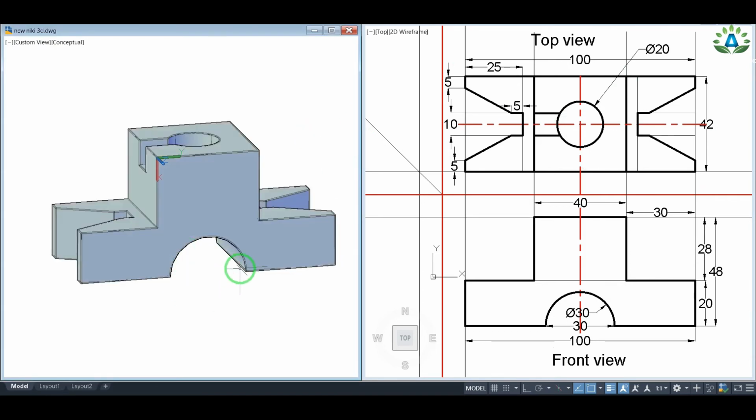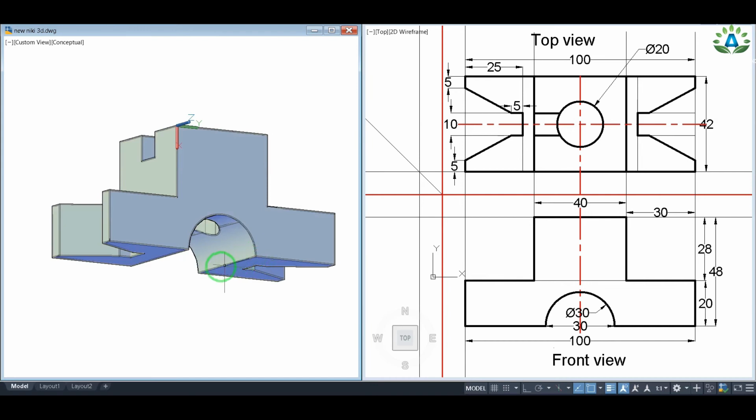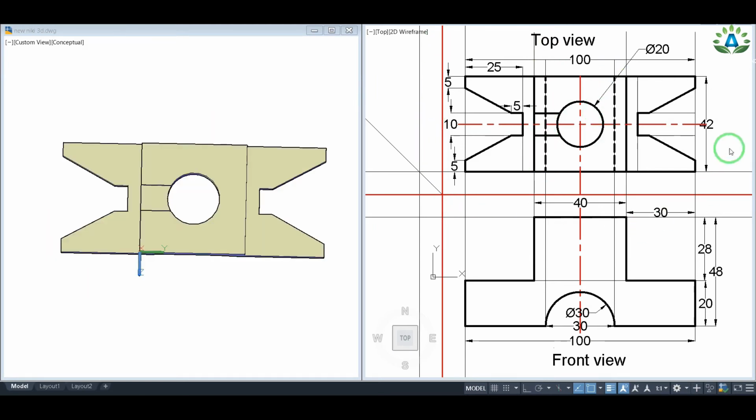And we will be able to see the hidden lines coming from this semicircular portion because this semicircular portion is a complete hole along the top view. And we will be able to see this line and this line from our bottom view, but these two lines will appear as hidden lines from our top view. So we have to project a line from this point and this point along the top view. And we need to convert these two lines into hidden lines because these lines are seen only from the bottom view of this object. So our top view has been completed.